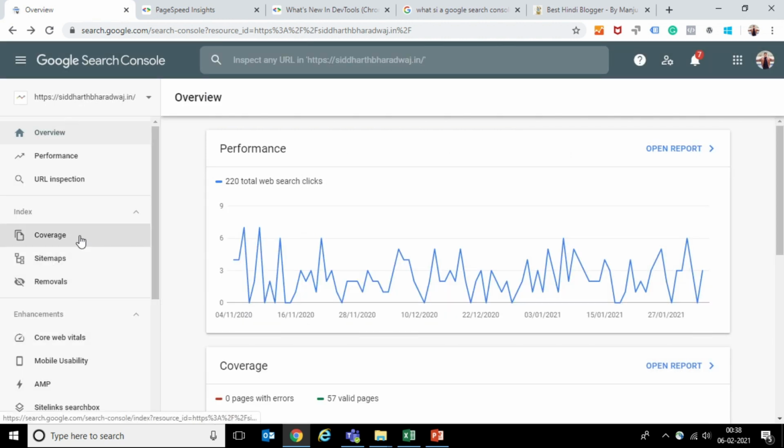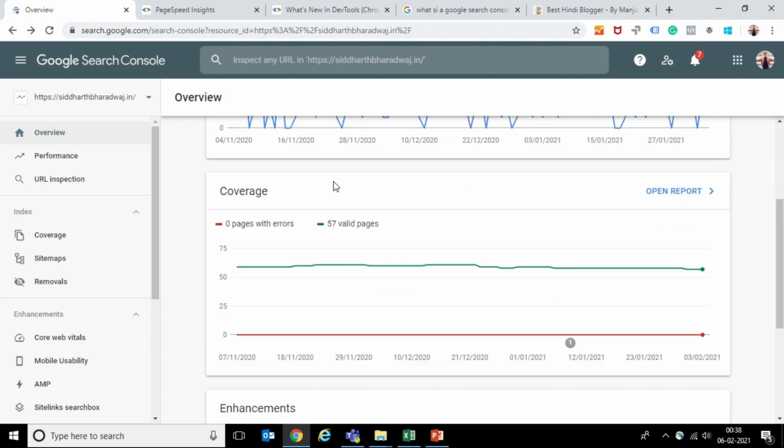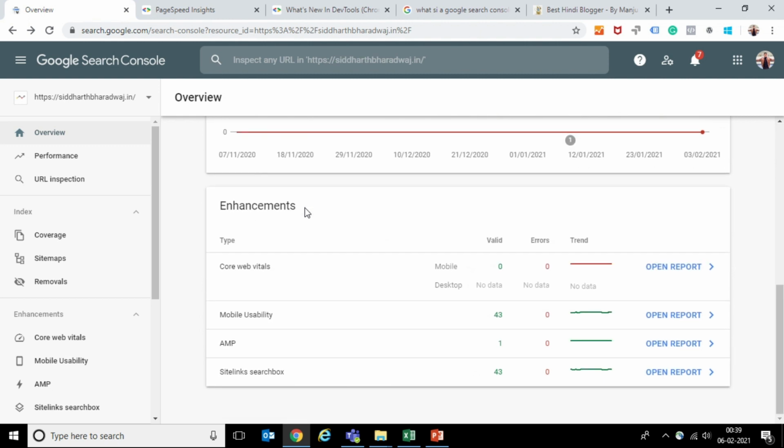So starting from this space, as an overview, you can see that this is also showing us the total number of clicks that have happened on the website, and the total coverage. This is not coming under Google Analytics, and what this is exactly showing is that there are 57 valid pages and 0 pages with error. So suppose there are broken links. Take an example: you have written a blog and then you wanted to remove it, and you did it, but it has not been done perfectly, so instead of 0 it will show 1 page error, right? So this is the technical side of it, where it shows the errors that are there.